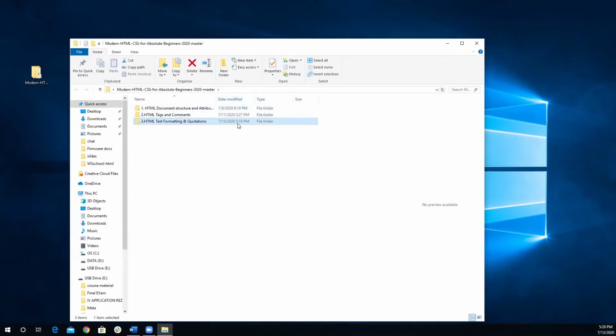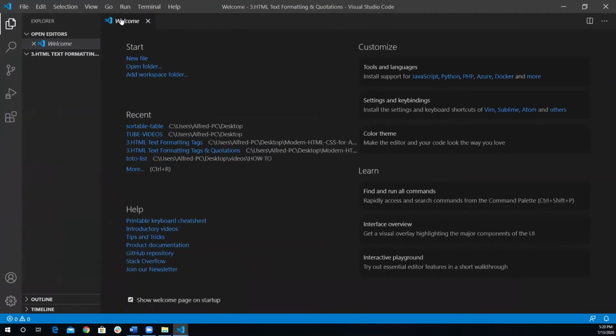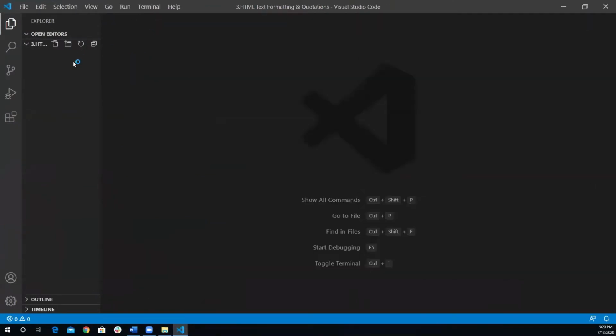I'm going to open it with Visual Studio Code. And inside Visual Studio Code, it will open the welcome screen. You can close it. Here, you can create a new file by clicking on this icon, and you can create a new folder by clicking on this icon. I'm going to create a file for our lecture today. I'm going to call it